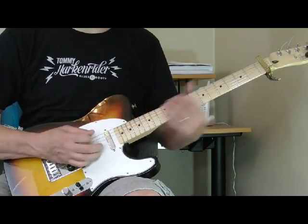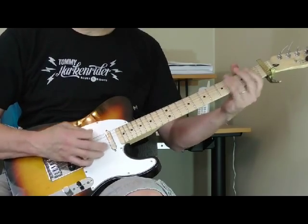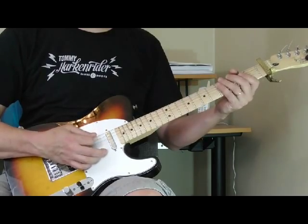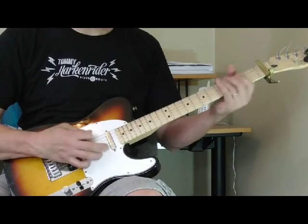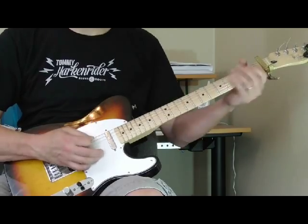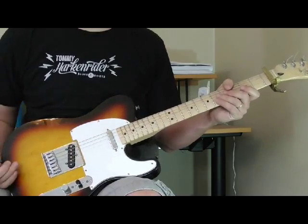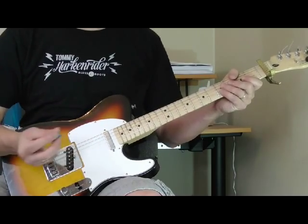So the whole rhythm together I'm sliding down, up rather, and then kind of coming back the other way. You gotta get to the 12, and then when you come back, there's no exact fret you have to end on or anything. You just try to imitate the sound and just be able to do it by feel. So the rhythm, again,